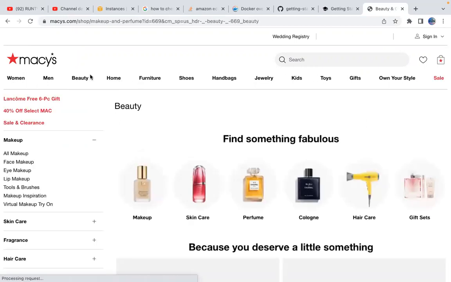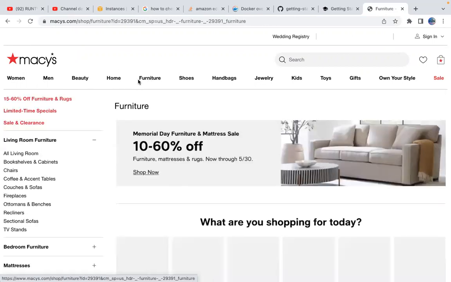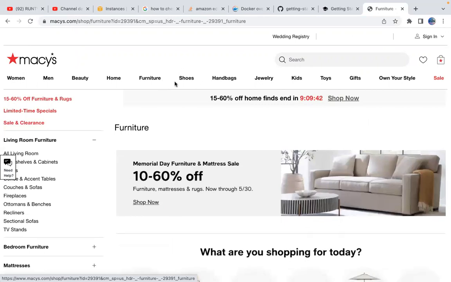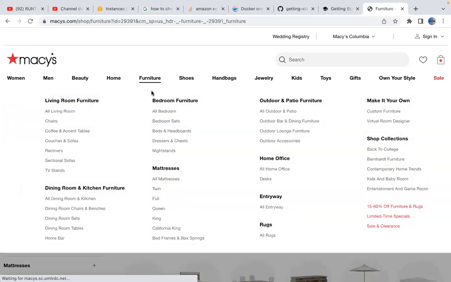Say this application is written in Java, this one in Python, this one in Node.js, and this one in Angular. Now you want to integrate all of them in one place, so that people can use Macy's.com and access all these applications.